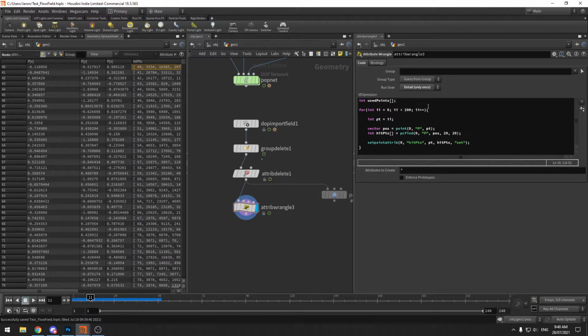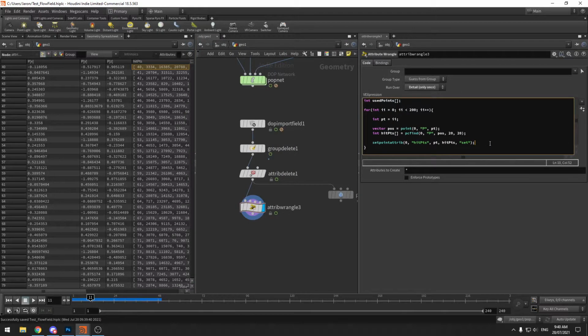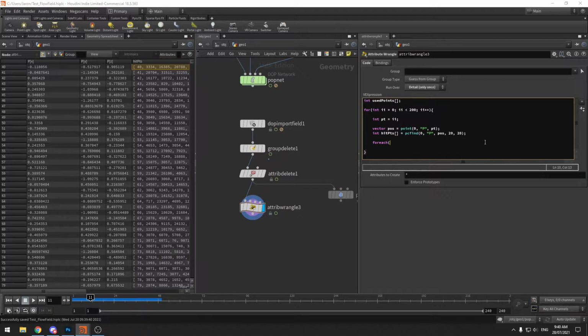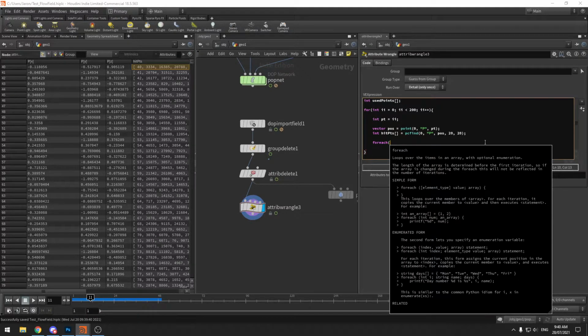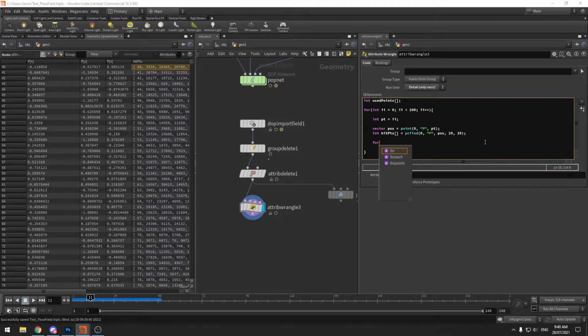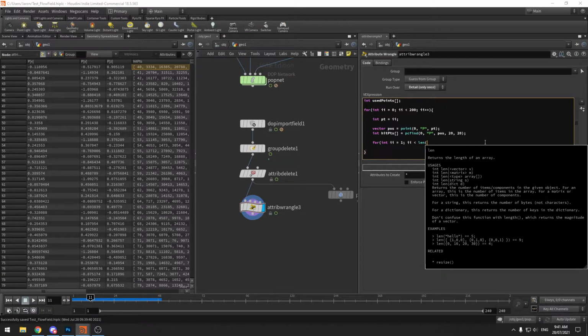There are ways you can actually remove this, but right now, instead of doing a for each, I can just do another for loop. I'm going to set int ii equals 1, so I'm going to miss the first one. ii is less than the length, which is going to be len. This is going to count the amount of points in the array. I'm going to say hit points,